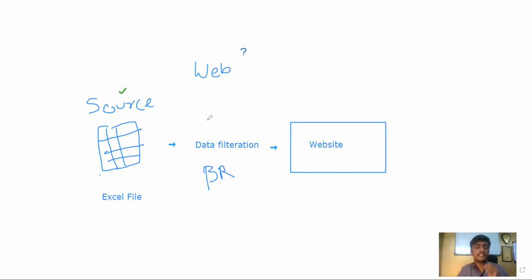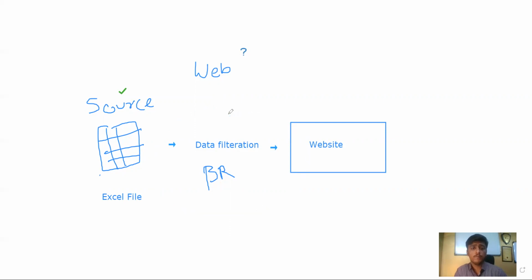One of the major problems that I have seen is developers say, okay, I have understood that we have to simply take the data from Excel, perform some operations and put it into the website. No, it's not like that. Most of the cases where I have seen people face problems is when there are merged cells, or they have to write data to merged cells, or read data from merged cells. Sometimes it is not readable. So when you are observing the source Excel file, you need to also see what its format is going to be. And then you need to understand each and every business rule, because that is going to be very important in every case.